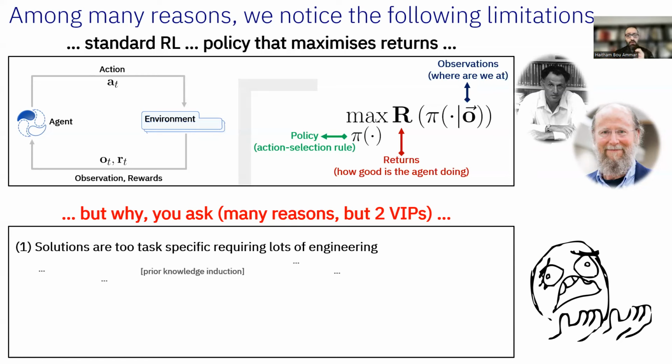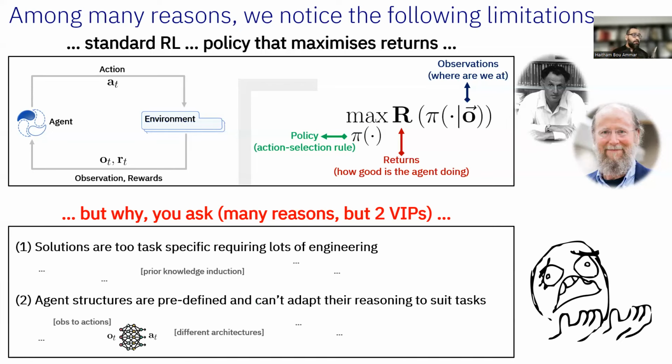So what is really going on is that to get the reinforcement learning method to work well, we are actually inducing a lot of prior knowledge. We're putting that prior knowledge into the system, and then the agent is taking advantage of it when it's attempting to solve this very sparse reward task.